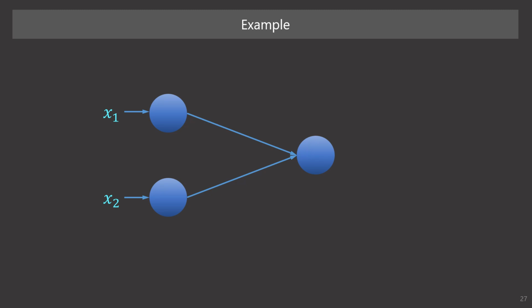The strength of the connection between neurons is called weight. So here, we need to consider 2 weights, W1 and W2. The total amount of electric signals that will be transmitted from the first 2 neurons to the next neuron can be computed by this formula. If the resulting value exceeds a certain threshold, the neuron will fire.